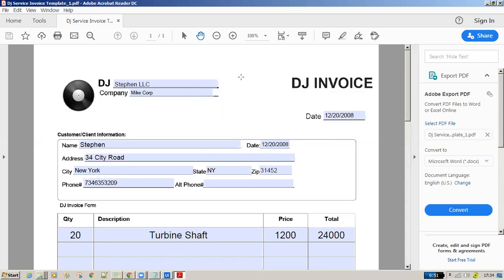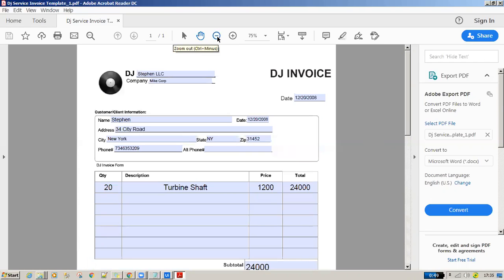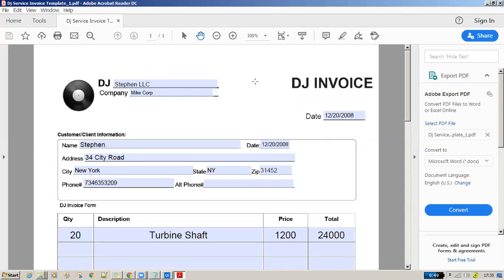One more thing: sometimes in your PDF, the zoom percentage is not set to 100%. On the top, you see there is a percentage. If you work on this PDF, close it, and reopen it, it will open in the same percentage. In order to have your workflow consistent, ensure that the zoom is set to 100%. There is a shortcut, Control 1, and regardless of whatever percentage you are at, it will set this page to 100%.